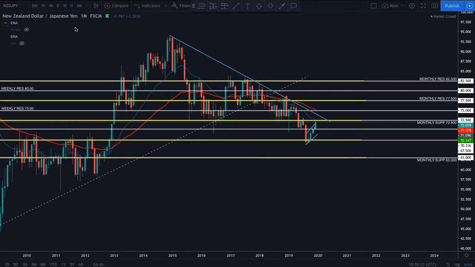Quick video here, just wanted to break down Kiwi Yen, which was a position that was taken last week. It's just been so busy, I haven't really had the time to upload this. So this trade was actually just taken for a 1% loss. I'll explain the reasons for entering and the reasons for where the stop was, but what we can see here